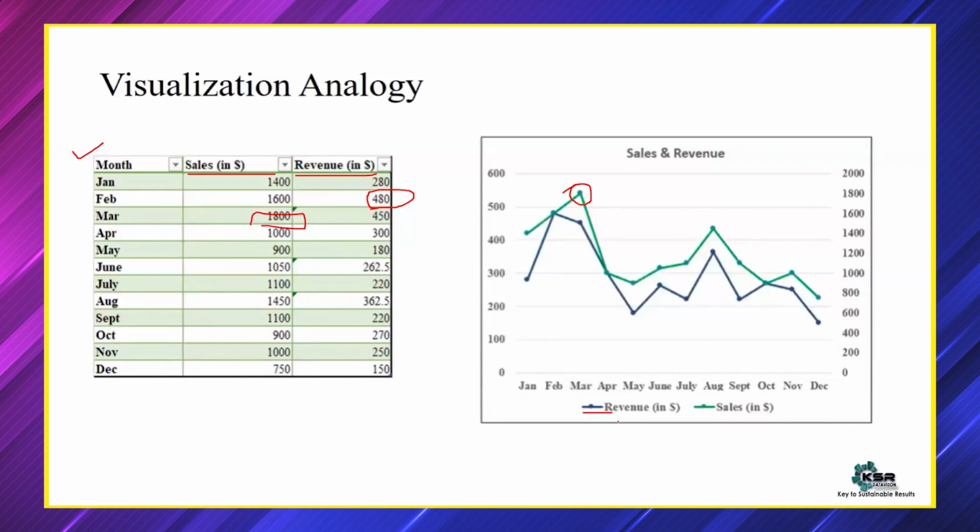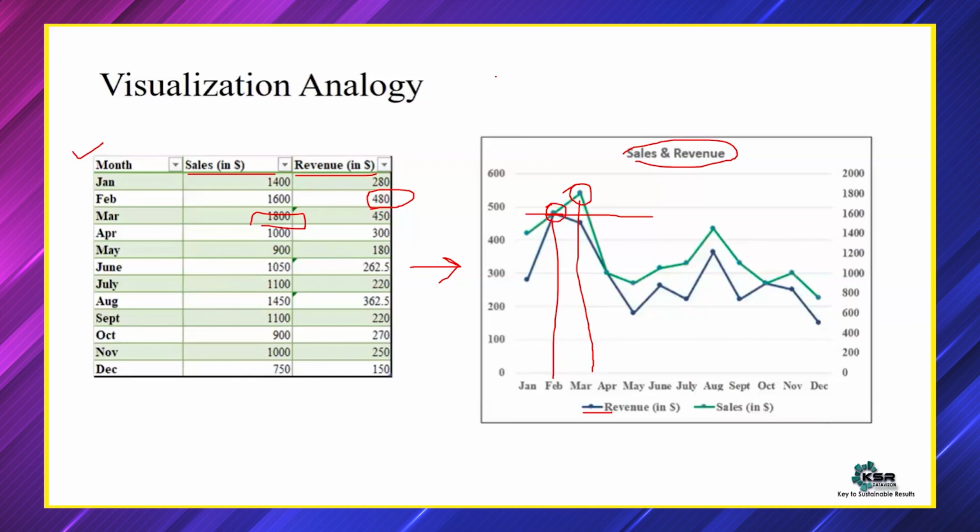Now, blue represents revenue. February. This is where the blue line is peaking. The peak is here. The month of February has the highest revenue. The month of March has the highest sales. Rather than scanning each and every line and then coming to a conclusion, if this information is transformed into this pictorial representation, this will solve it for us. And as I've said, this is faster to understand and easier to interpret.